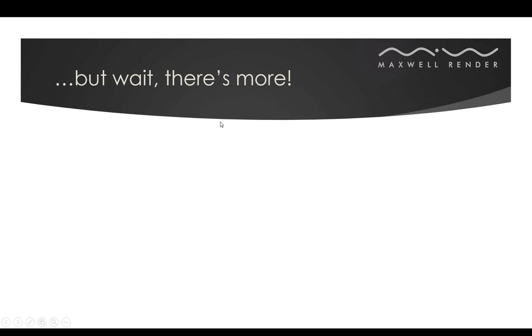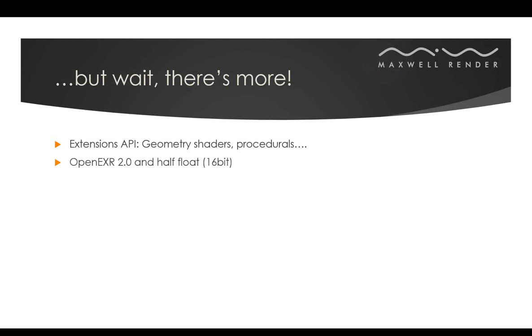Yeah, and there are a few more things. We're going to have an extensions API, which we're going to release to developers, so you can, for example, build your own procedurals, build your own geometry shaders. It's going to be really flexible for developers or technical directors. We've also added OpenEXR 2.0 output and also half-float output, because many people ask for 16-bit EXR because 32-bit was often overkill for many compositing tests. As you saw, the new UV channel,